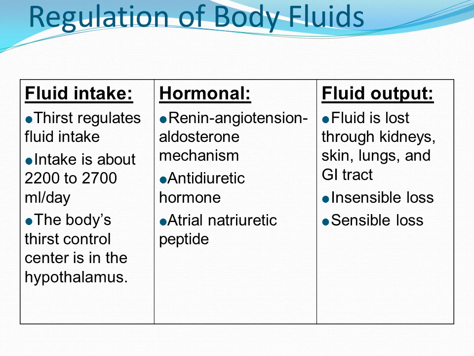The atrial natriuretic peptide is secreted from the atrial cells of the heart in response to atrial stretching and an increase in circulating blood volume. It inhibits aldosterone by increasing sodium and water excretion. In fluid output,